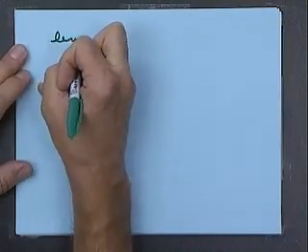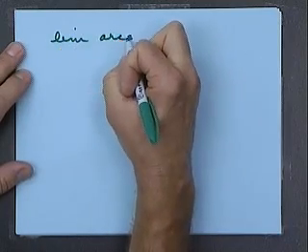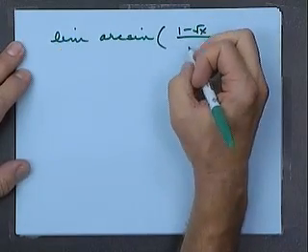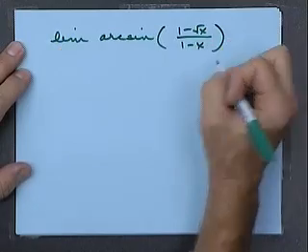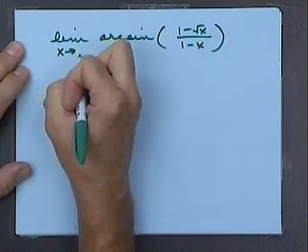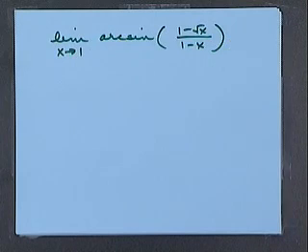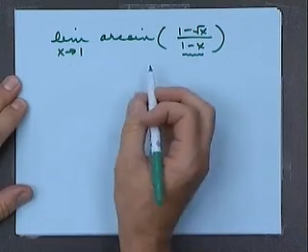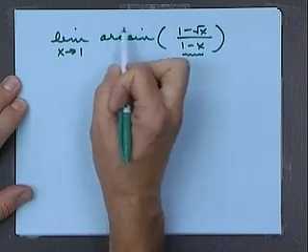If we had something like this, kind of a lengthy function here, basically we want to know what's happening as x gets closer and closer to 1, which is a bad value for this function because it forces us to divide by 0, and even worse, it gives us 0 over 0, right? So we would have to do something with that. And in fact, it's okay in this circumstance to slide the limit inside